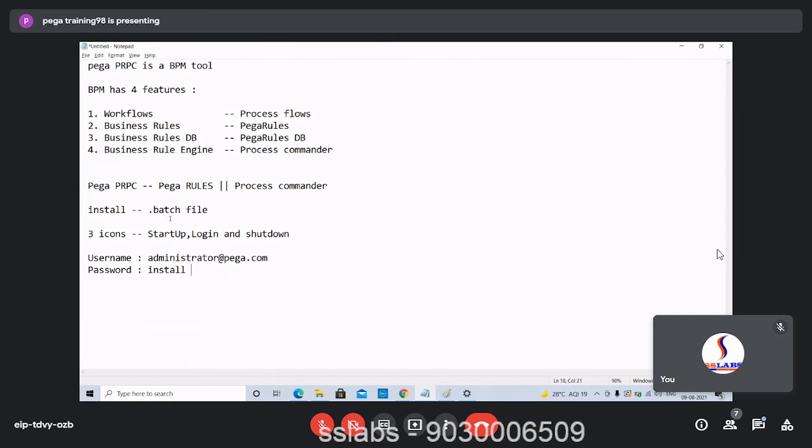It's a .bat file extension. Once you unzip it, extract all the files which are there in that folder, and there is one file called install also. Double click on it and the installation will start. But make sure that the size of your RAM is more than or equal to 8 GB. That's the only prerequisite which you need to consider.